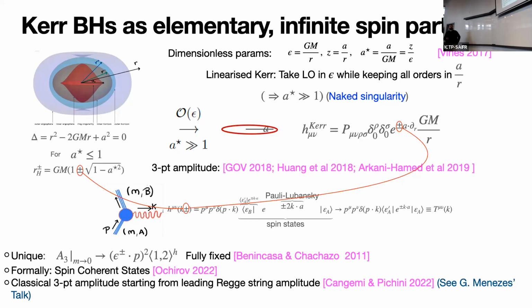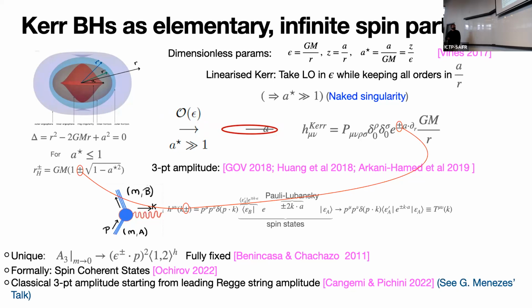There is a sort of formal story of how to extract the classical spin parameter of the Kerr black hole from the spin operator, which we can do by introducing spin coherent states, but for the sake of this problem, we're just going to assume that it's this exponential that gives you the classical linearized metric.